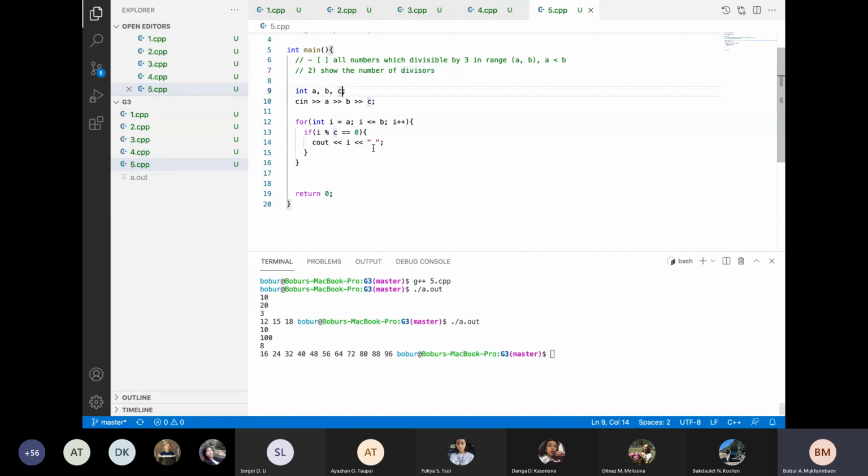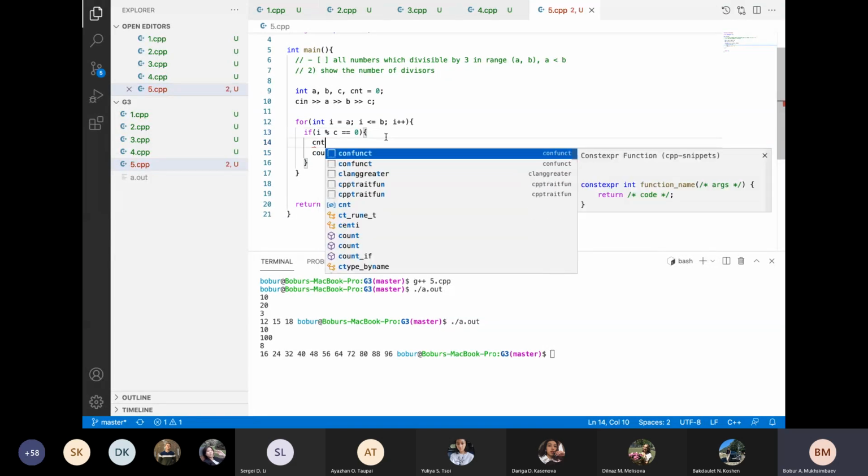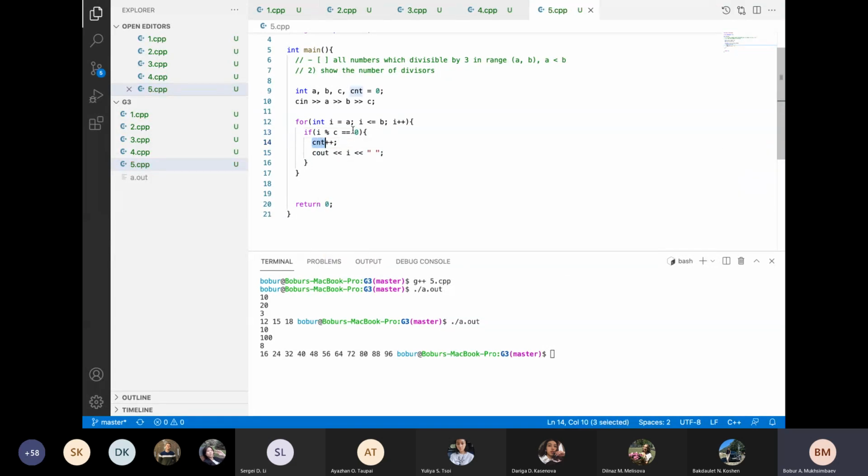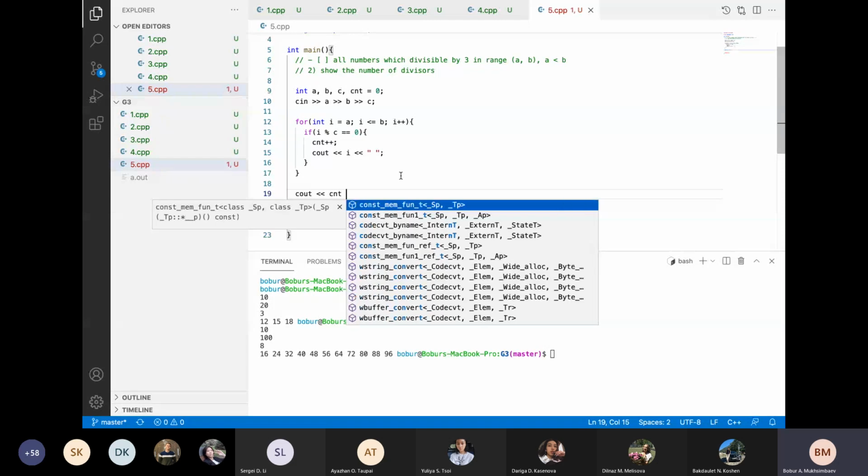For that, we want to create a variable CNT, which is initially equal to 0. Why? Because we are assuming that we don't have any divisors. And after the if condition, if this condition turns true, which means we found a divisor, in that case we increase the value of CNT, counting one more time. So we are saying that we found a divisor, again and again. After finishing the for loop, we print out the CNT and handle